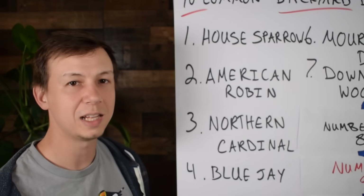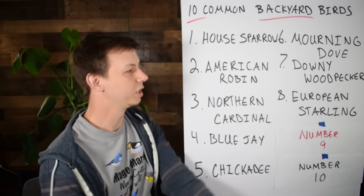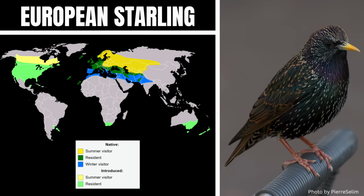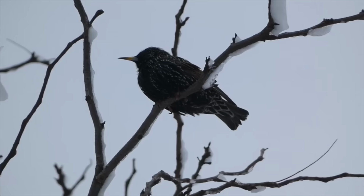Let's move on to number 8. The European starling, another non-native species. Starlings are black, and they have a really beautiful iridescence if the light hits them, and as adults, they have a yellow bill. Younger starlings are going to look more speckled as kind of that coloration comes in, but they're normally